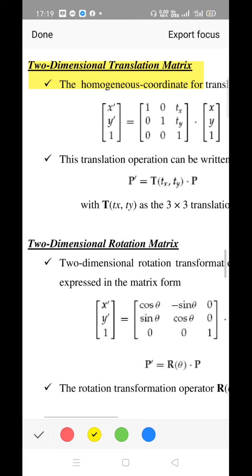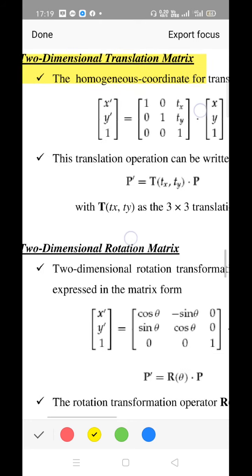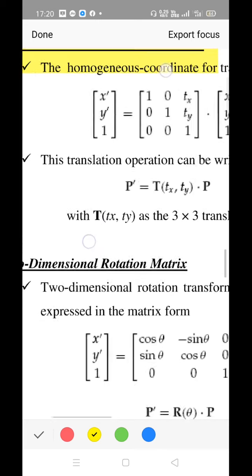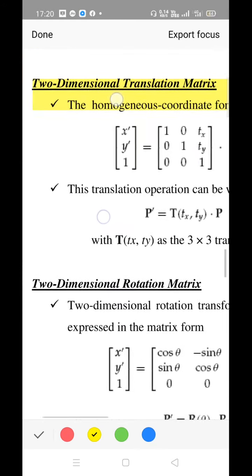Please remember this, and this is the standard representation we are going for, where the same formulas we have written earlier for translation, rotation and scaling, we are going to represent in terms of matrices once again, but by taking into consideration the homogeneous system. So in the homogeneous system, 3 parameters are required: x, y and the parallel one. We are considering that parallel as 1 here, its value remains the same throughout. That's what the thing is. So hope it is visible.